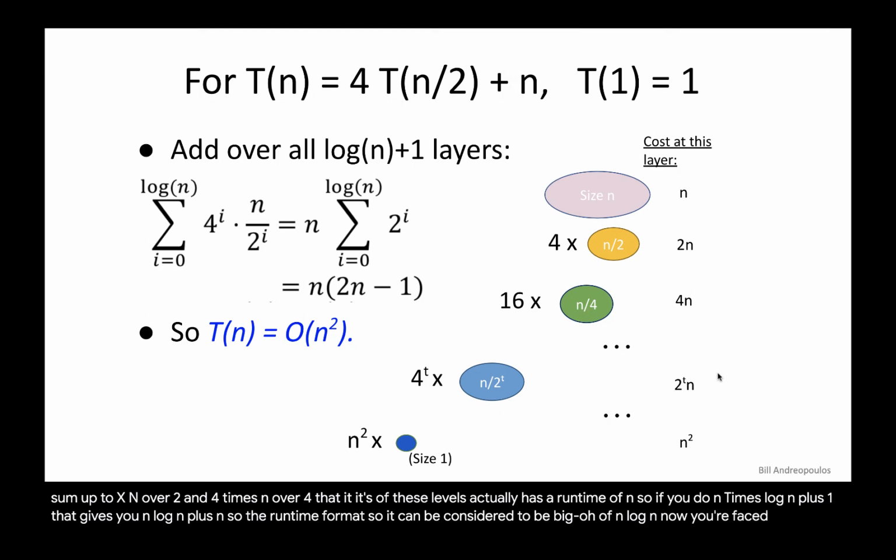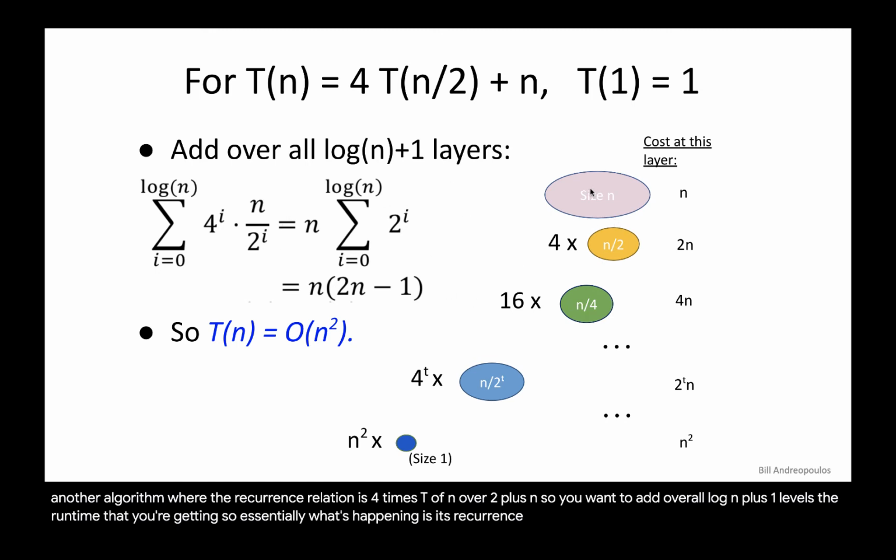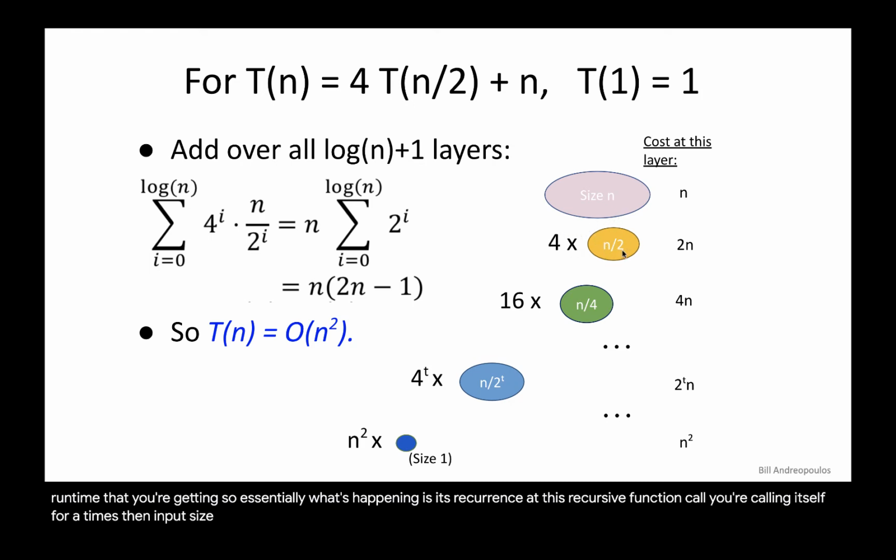Now you're faced with another algorithm where the recurrence relation is 4T(n/2) + n. So you want to add over all log n plus 1 levels the runtime that you're getting. Essentially, at each recursive function call, you're calling itself 4 times at an input size which is divided in half. So if you solve this summation formula, it shows you that the biggest term is n squared. So therefore the runtime is big O of n squared,